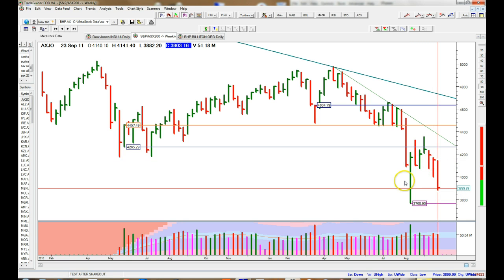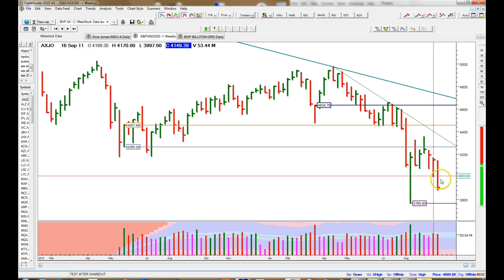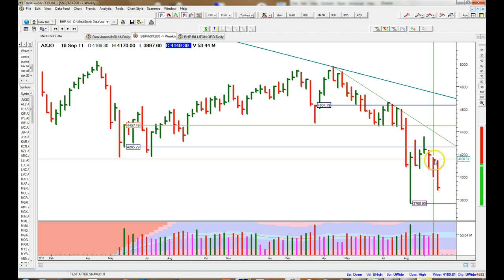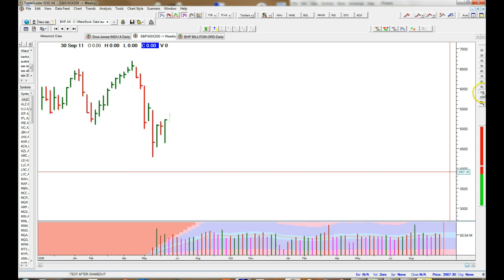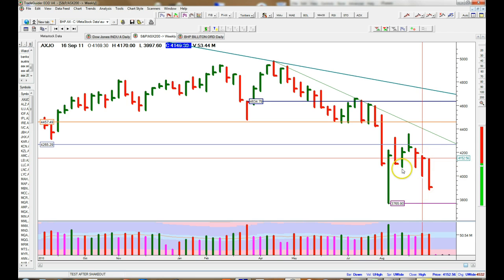And what we were looking for was volume to get less and less as the selling was absorbed, but the supply has actually been increasing, and it looks like there's been an effort to push lower into this bar, towards the low of this bar, and it looks like a little bit of capitulation there. Not really capitulation, hang on, the volume's not really high enough,